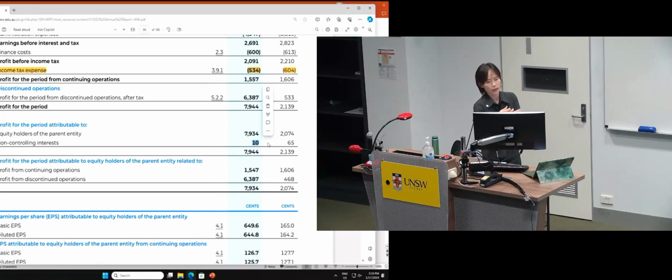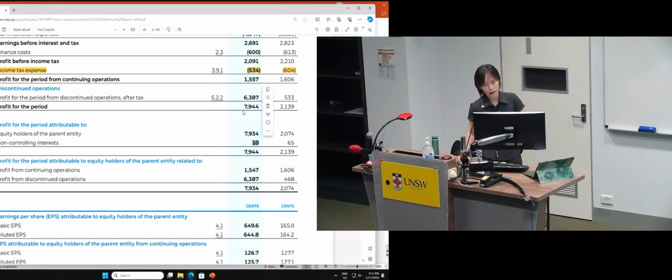Now, this is consistent with ASB and IFRS reporting requirements, right? Now, if you are the shareholders of the parent company, you will be interested to know the amount of the profit, right? From the group perspective, the amount of profit that is accrued to you. You are the shareholders of the parent entity, okay? Separate from the NCI. So both NCI and shareholders of the parents are contributors to the group equity. So the NCI share of the consolidated equity balance is required to be disclosed separately from the parent shareholders here.